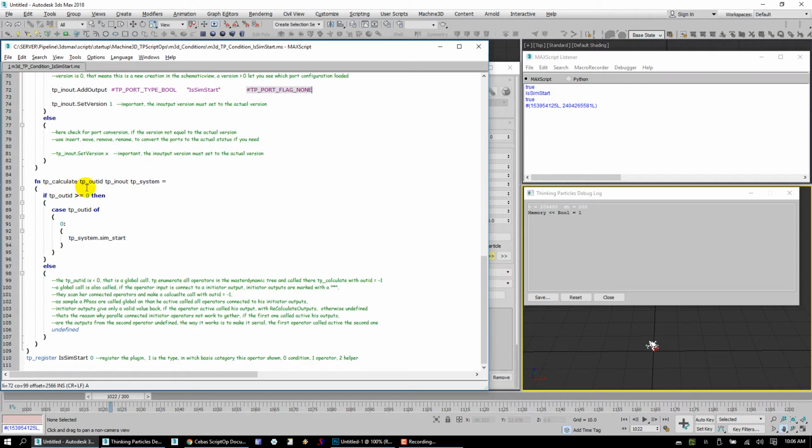Then we get into TP calculate, which is where the main processing happens. And all this does is it says, if the TP out ID is greater than or equal to 0, meaning is somebody looking for an output from this operator. And you should also know as you get into it that there's an out ID called -1, which is a global evaluation that detects the connections between operators. But anyway, if somebody's looking for an output from this thing, and remember these outputs and inputs start at 0 and count their way up, so in the case of the output ID being 0, then just use